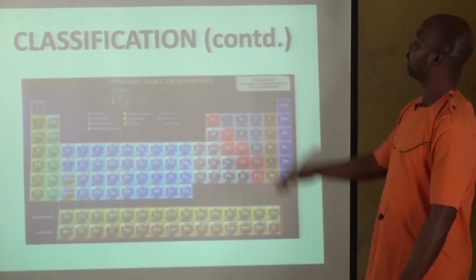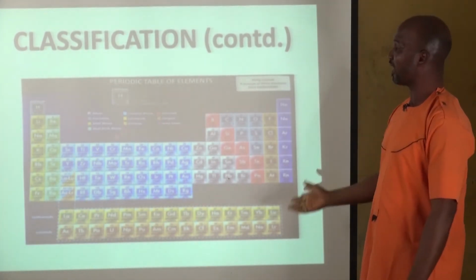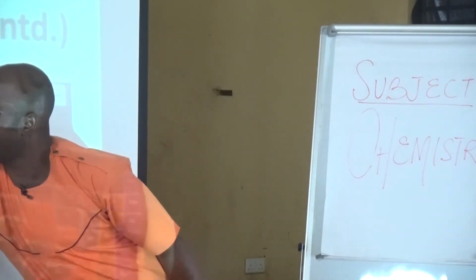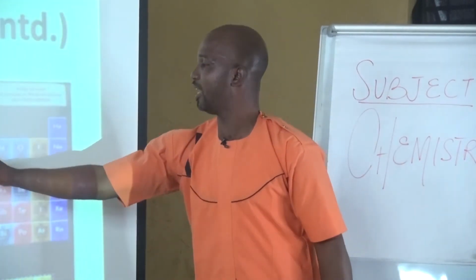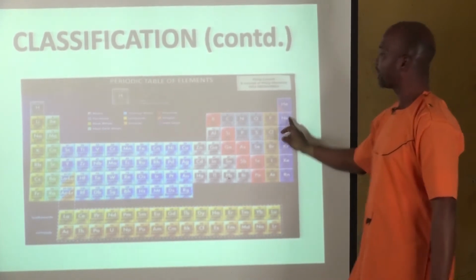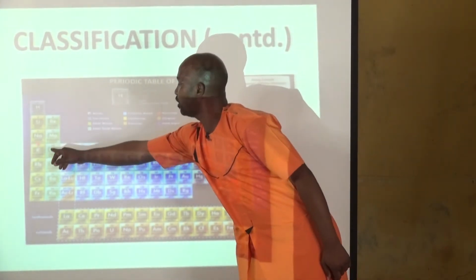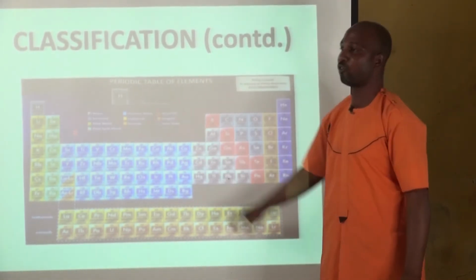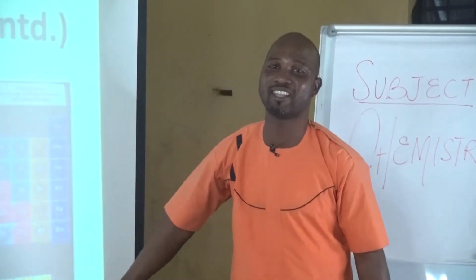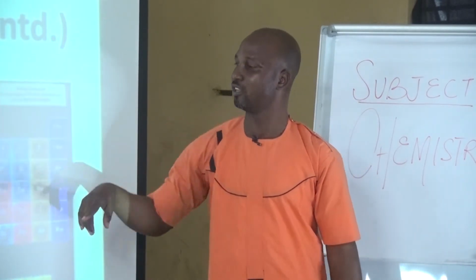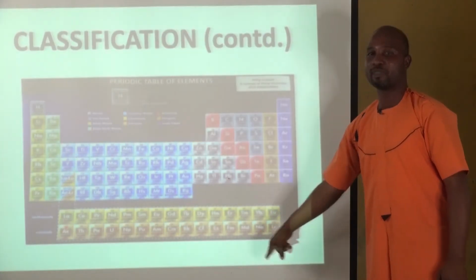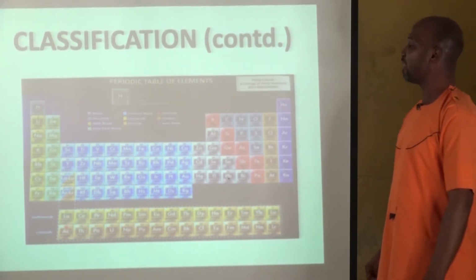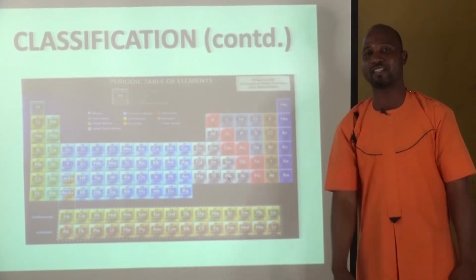Let's see the classification of the periodic table once again. You can see that the periodic table can be further classified into s block elements, groups 1 and 2, p block elements, groups 3 to 8, and d block elements in between the s block and the p block. These are the d block elements. And of course, the f block elements are listed below here. So you can see s, p, d, f. Meanwhile, you know that s stands for sharp, p stands for principal, d stands for diffuse, and f stands for fundamental.